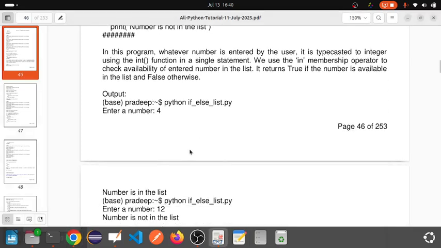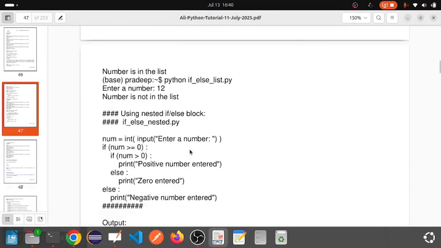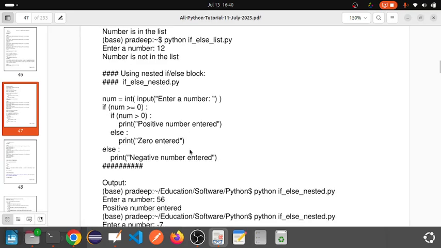Now we will look at some other programs, using nested if, meaning an if block inside an if block. Look carefully here, again the same statement. I take a number from input after prompting some message. I use an if statement and check whether that number is greater than or equal to 0. If it is greater than or equal to 0, then